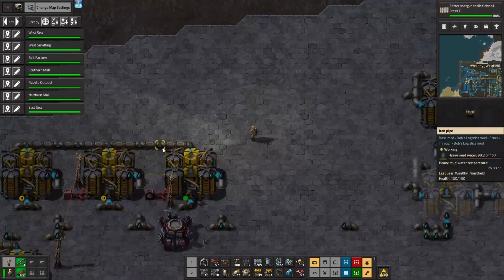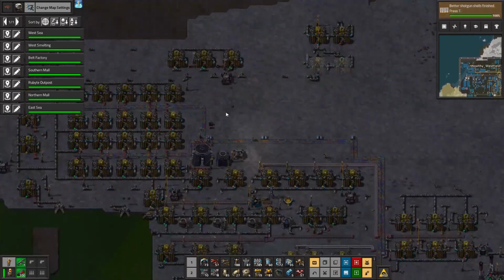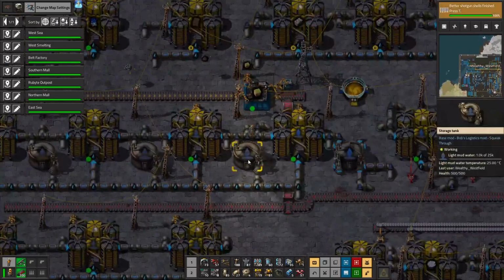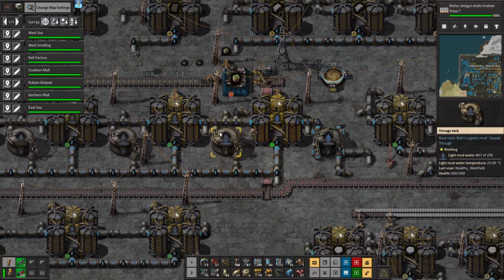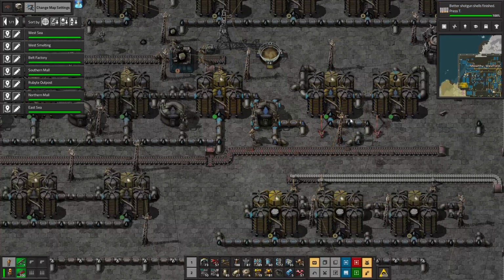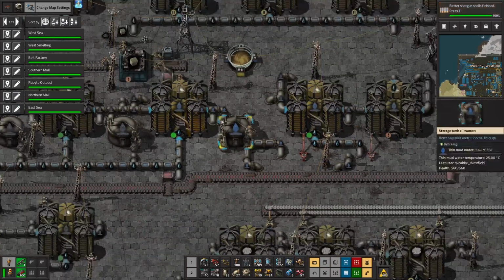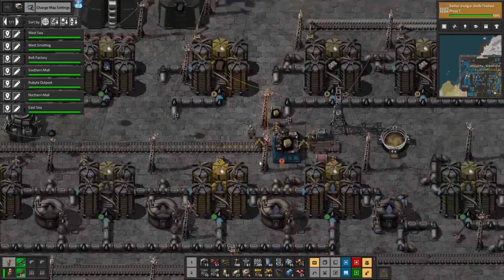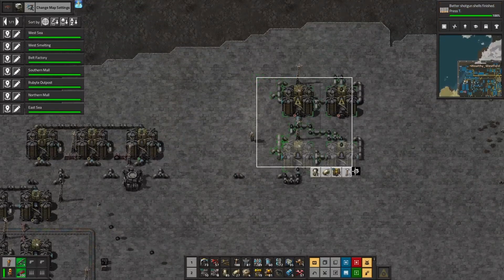Now, I mean, we could turn this heavy mud water into light mud water over here, and honestly, that might not be a bad idea, seeing as how we're also having some issues with the light mud water just because of